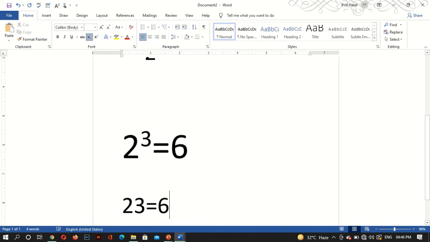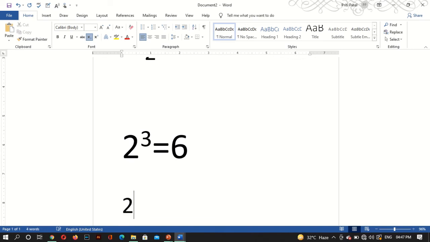Now the character above the normal line. Normally what we write, अगर if I write 2 3 6, that is not looking like 2 to the power 3 equals 6. So what will I do?